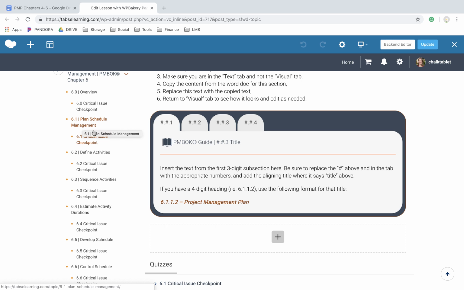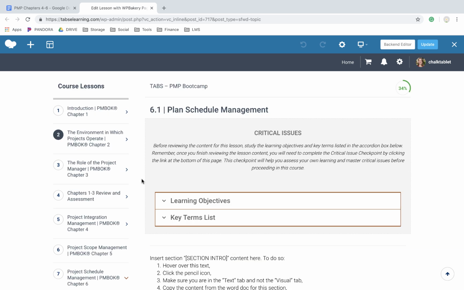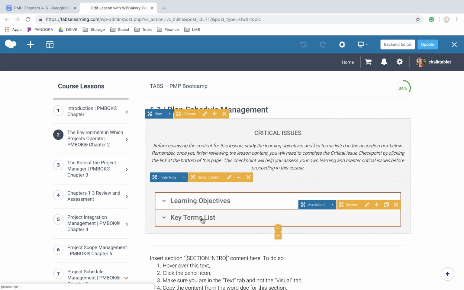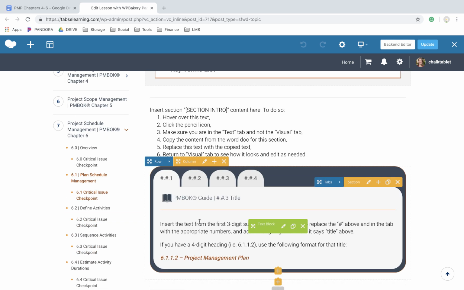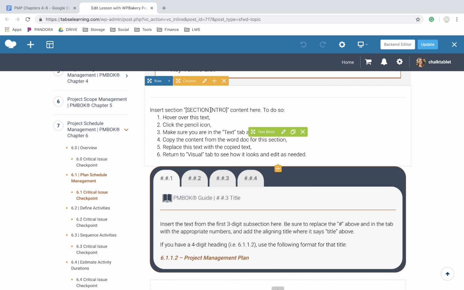So once you get in here, you'll find that there's already a template set up for you. He has not yet given us the critical issues with the learning objectives and terms for 6. He's only done it for 4, so that will be a separate job. For now, just skip on down to this content piece, and you'll see that I put some instructions in here. All you need to do is go to the section that's labeled Section Intro, and you'll want to hover over this,